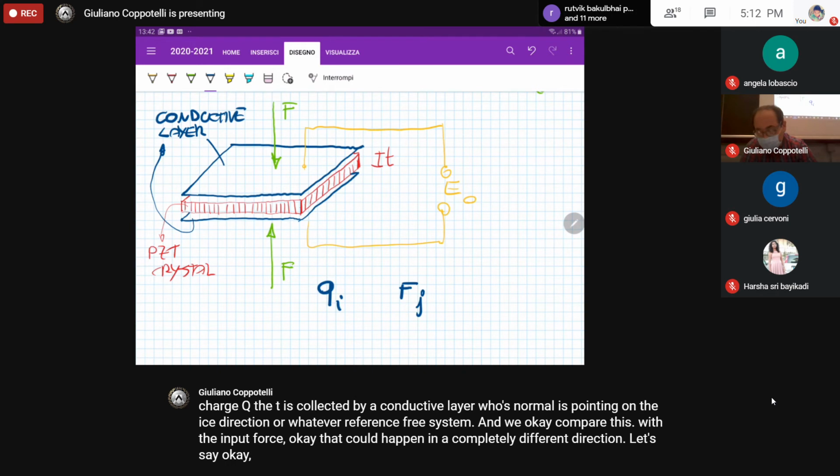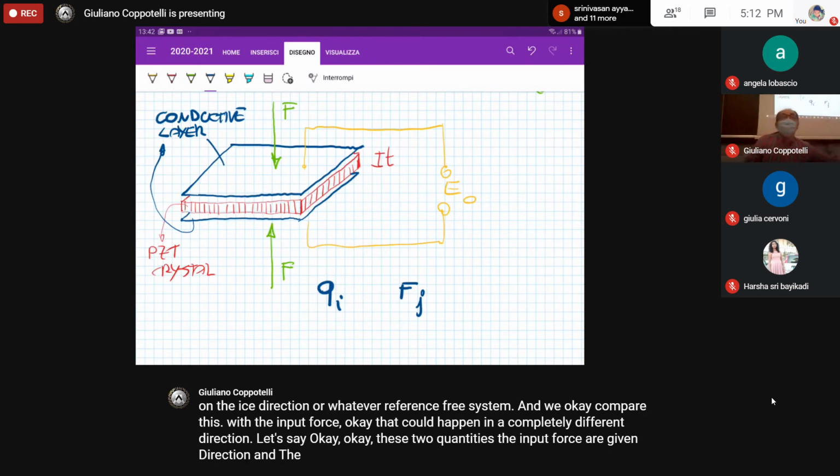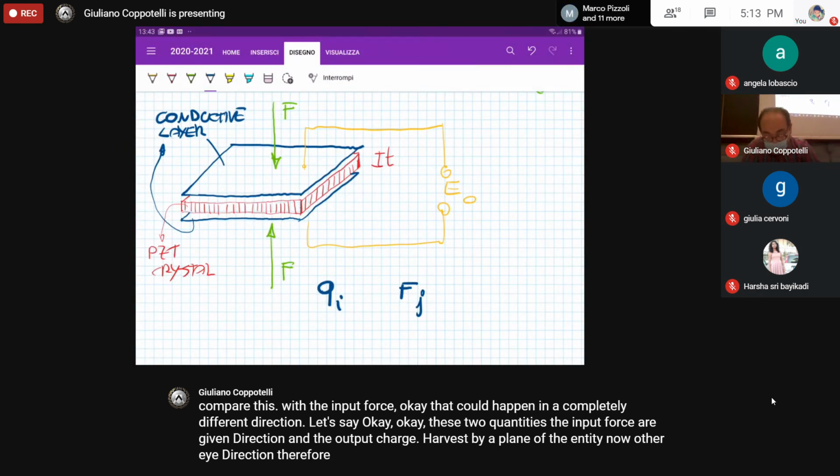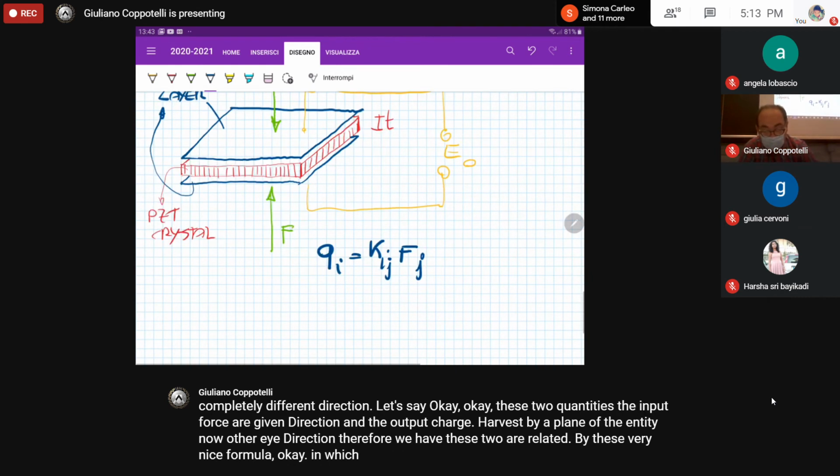These two quantities, the input, the force at a given direction, and the output charge harvested by a plane oriented in another i direction, are related by this very nice formula, in which the Kij is generally called the PZT constant,